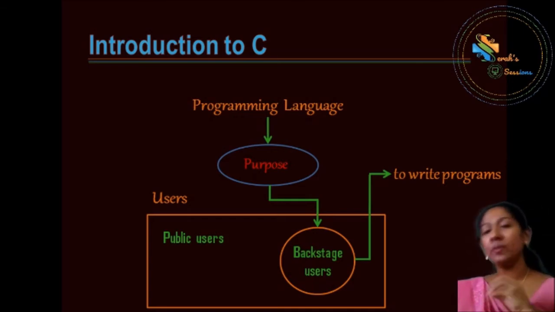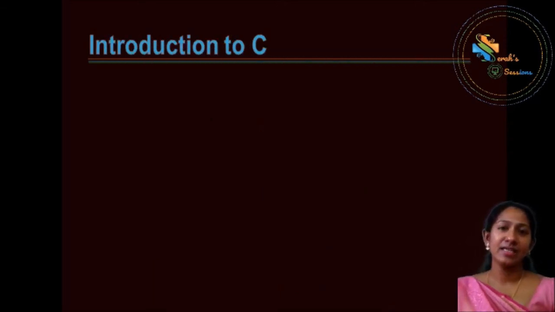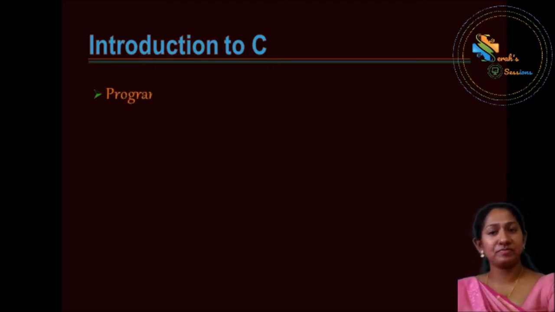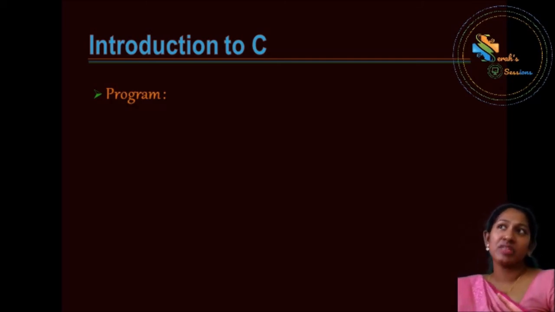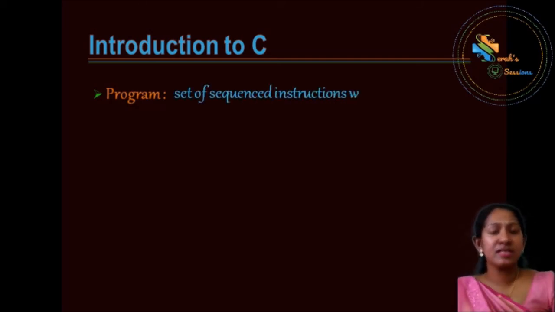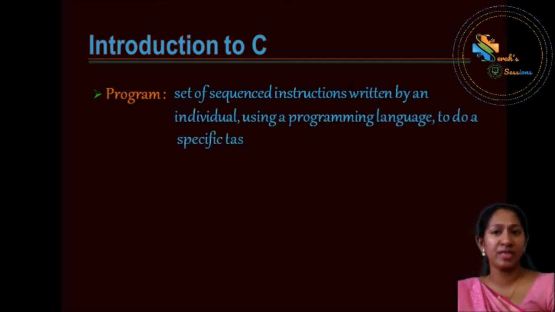So the purpose of programming language is nothing but to write programs so that different kinds of softwares can be developed. So let me move on to what a program actually is. A program is nothing but a set of instructions, sequenced instructions written by an individual using a programming language to